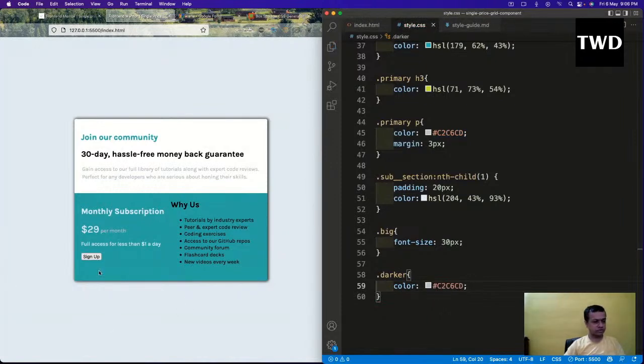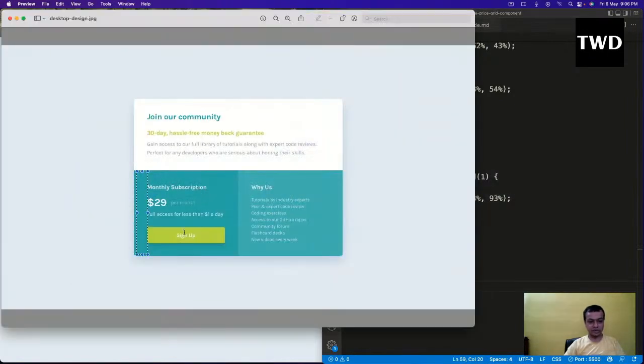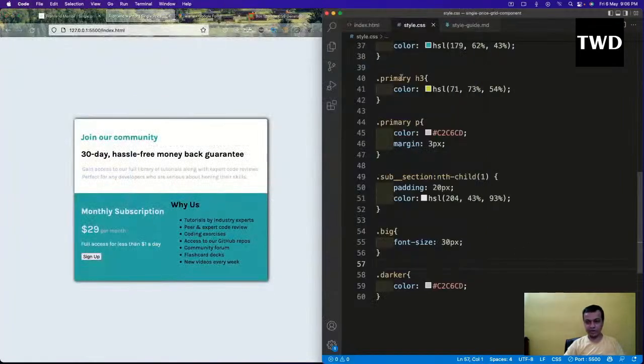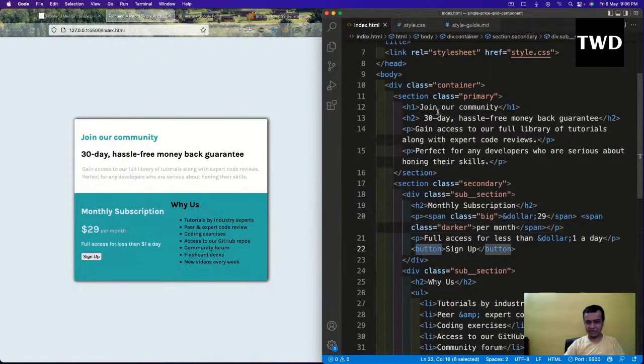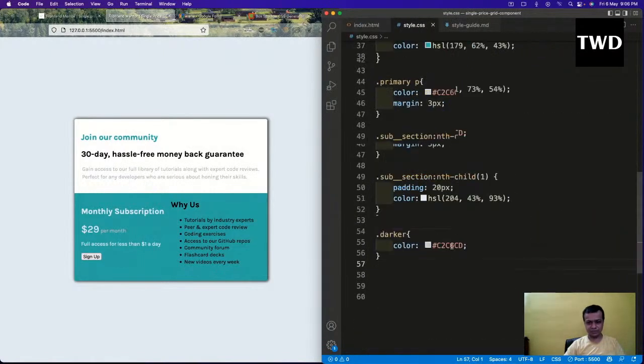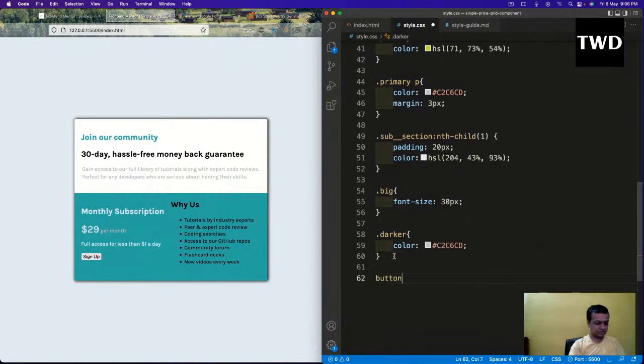So now the next thing which you are going to have is this button. If you can see here, it's like this big green kind of a button. So we're going to create this big green button. And button, do we have something? Okay, there is one button, so I don't even need a class. I will directly style this thing. So I will come here and do a button, and